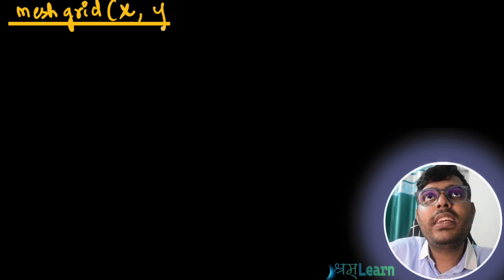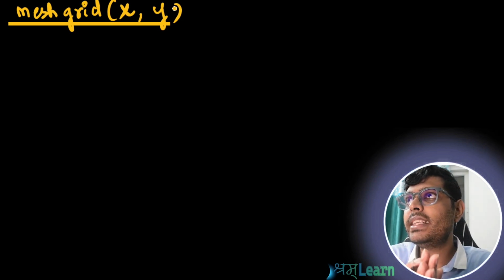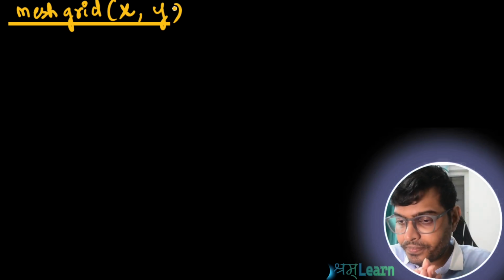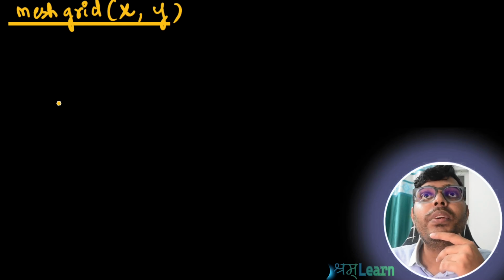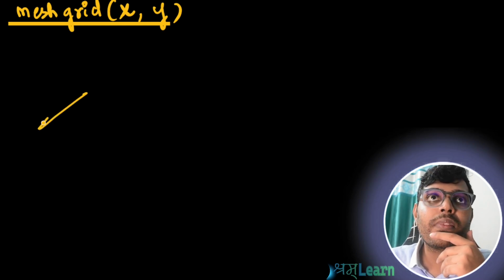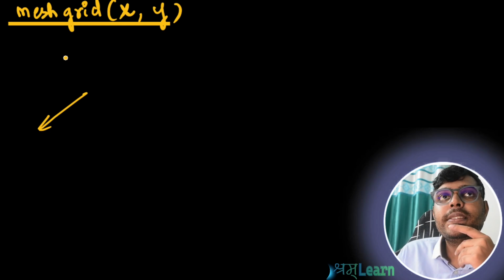Welcome guys. In this video we are going to learn about a very important function, that is meshgrid. It takes two one-dimensional arrays, small x, small y, and produces the coordinate matrix. What a coordinate matrix is,